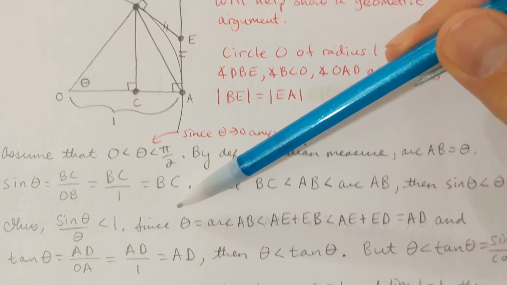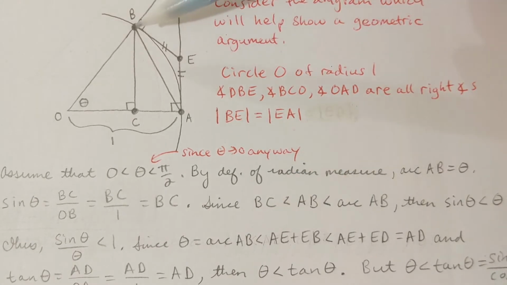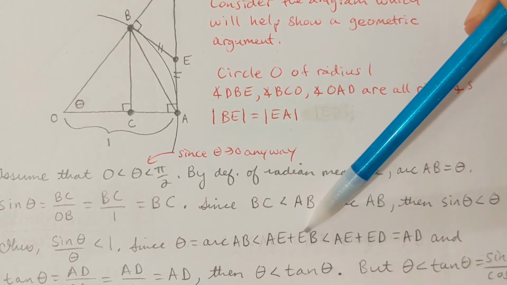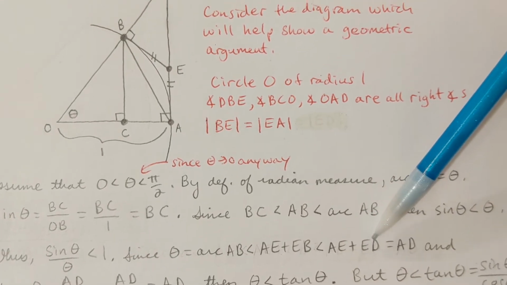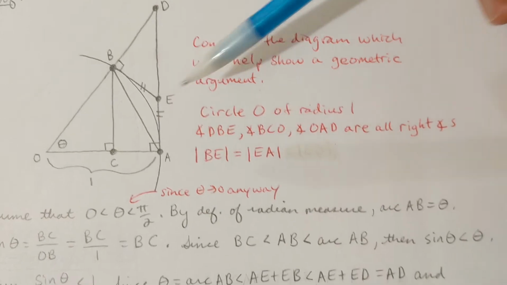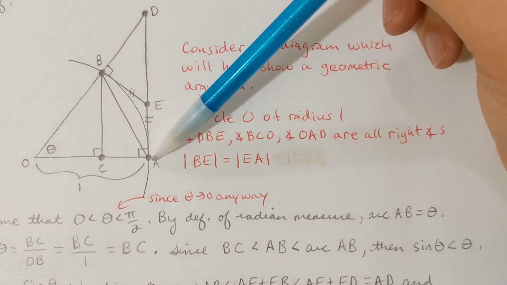Since theta, which is equal to arc AB, and arc AB is going to have a measure that is less than side AE plus side BE. Okay, those tangent lines are going to have bigger measurements since they're outside of the circle. AE plus EB is going to have a measure that is less than AE plus ED, and that would make sense because ED is going to have a measure that is more than BE, right? Now, AE plus ED is AD,